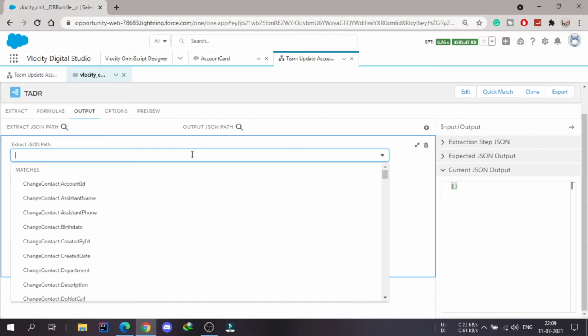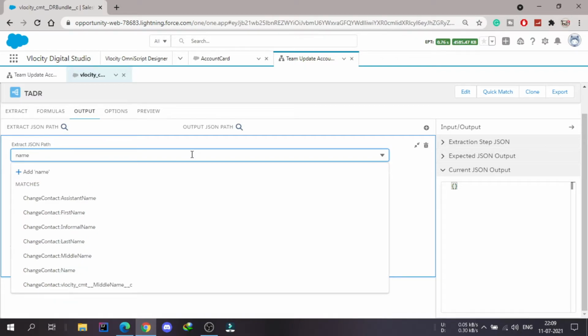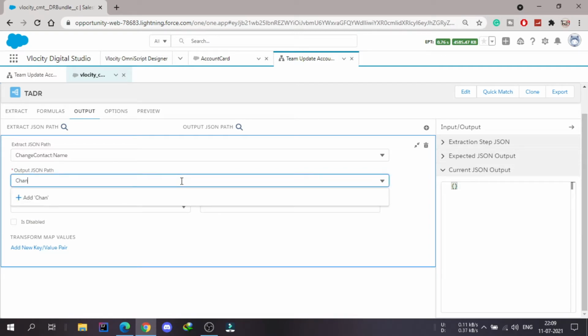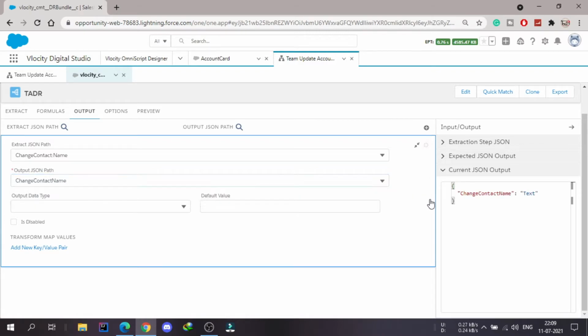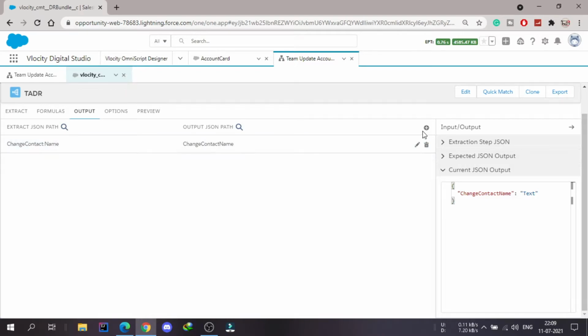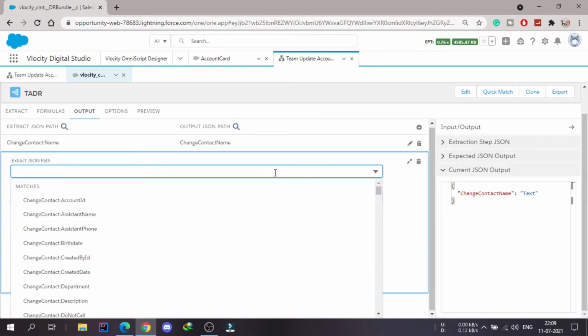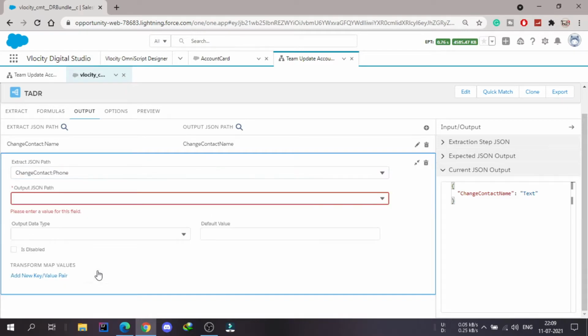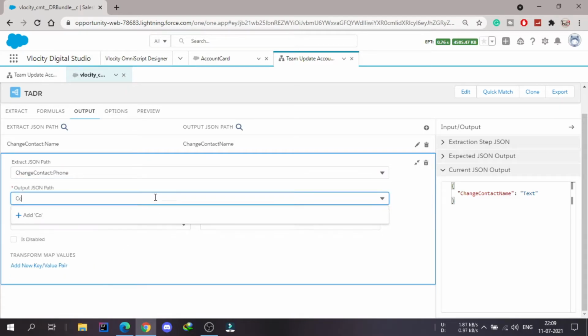First of all we need the name, so I will select name and I will name it as change contact name. Fine. And the second thing we need is the phone, so I will select the phone and I will name it as change contact phone.